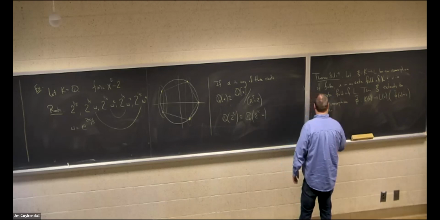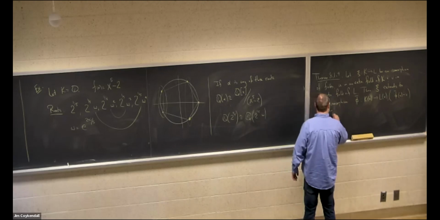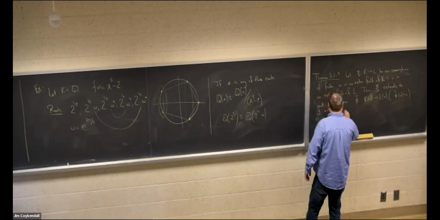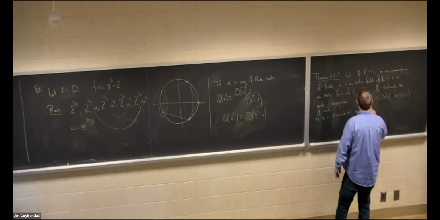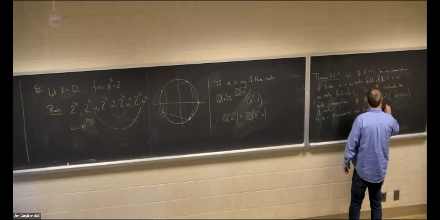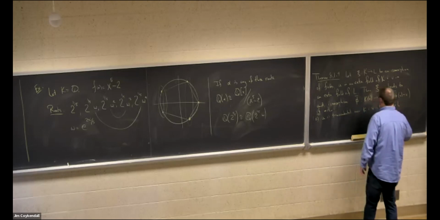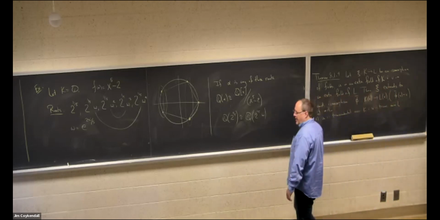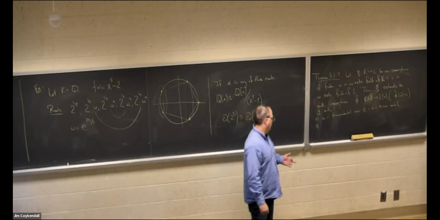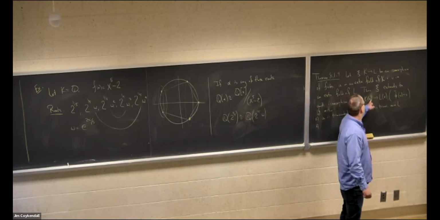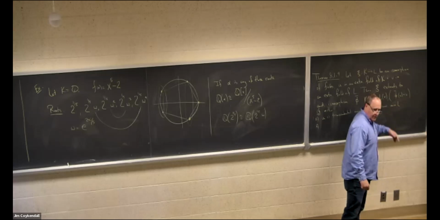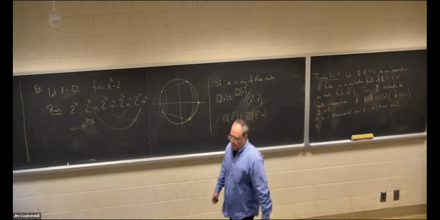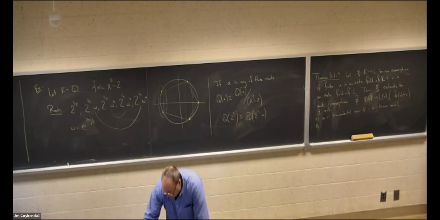Either u is transcendental over K, and v is transcendental over L. That part shouldn't be too much of a surprise, because if this is transcendental over K and this is transcendental over L, then this is basically rational functions over K and rational functions over L, and you just map the variables to each other. Or